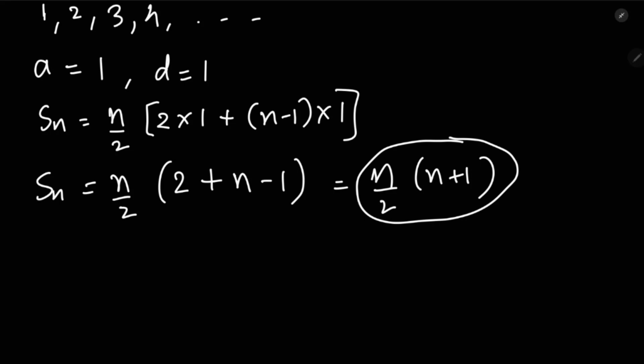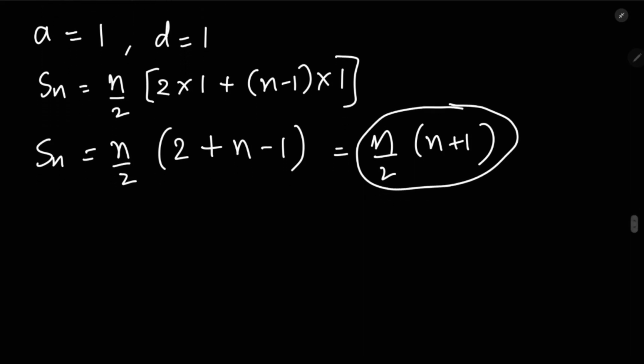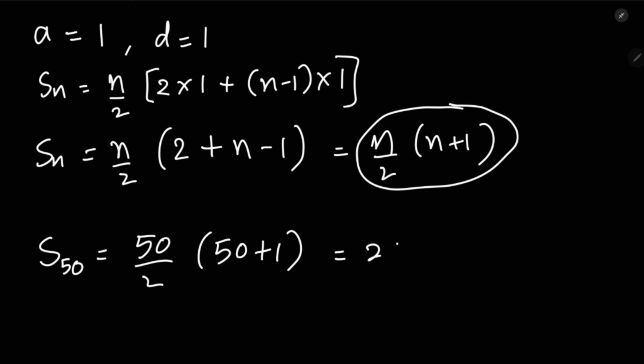So let's find the sum of the first 50 numbers. So S50. This is the same as adding 1 plus 2 plus 3 plus 4 till 50. But this formula makes it easy to calculate. We don't actually have to sit and add all these terms one by one. So S50 will be 50 by 2 into 50 plus 1. So basically 25 into